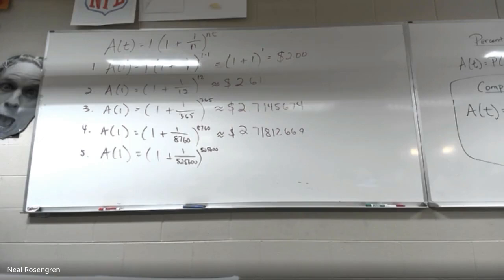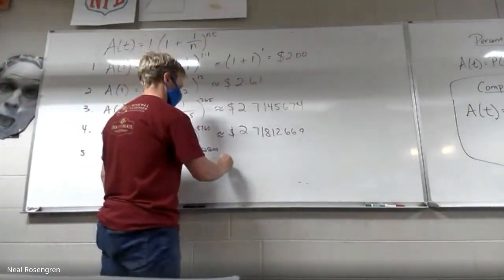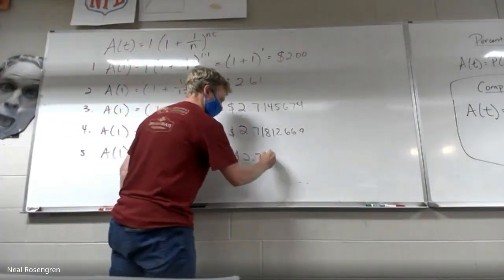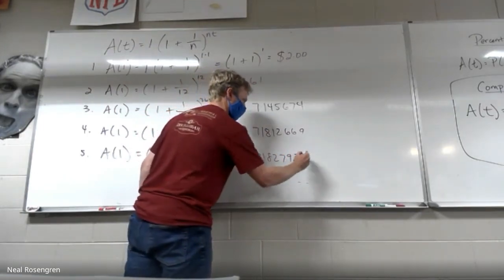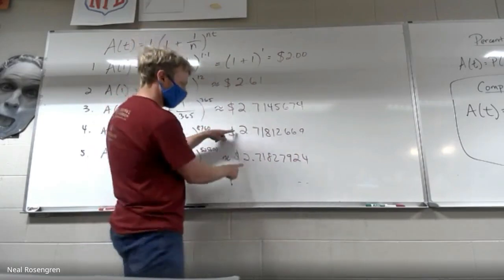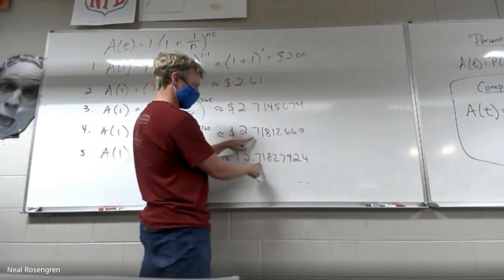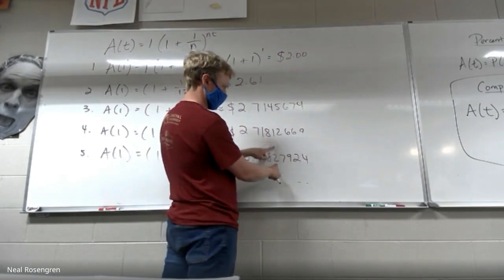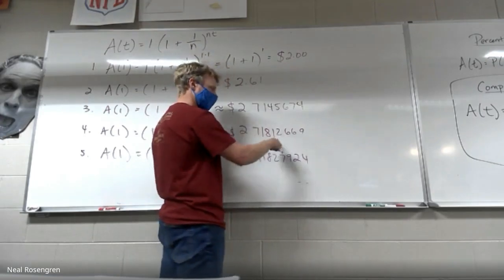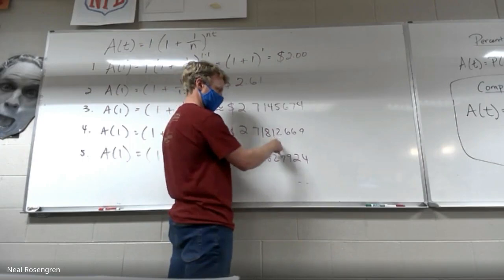Okay, somebody help me out. 2.718279 or 924. Sorry. That's good. 924. Yeah. Look at how many numbers keep staying the same. 2.718. Okay, the only change is now a 1/100th of a penny difference and a half.